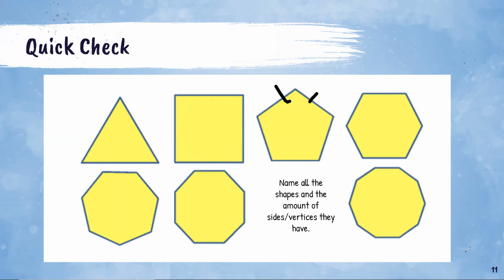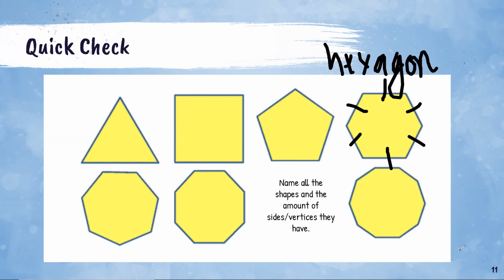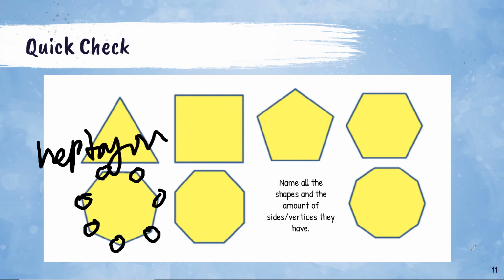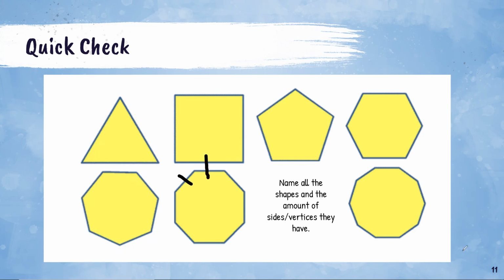This has 5 sides, and so this is a pentagon. This right here has 6 sides, and you know sides are equal to vertices, and this is in fact a hexagon. Right here we see 1, 2, 3, 4, 5, 6, 7. So this has 7 sides, so therefore this would be a heptagon, if you didn't get a chance to see what I was saying earlier. That's a heptagon. Right here we have 1, 2, 3, 4, 5, 6, 7, 8. So we have 8, so we have an